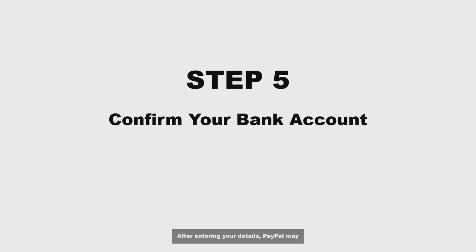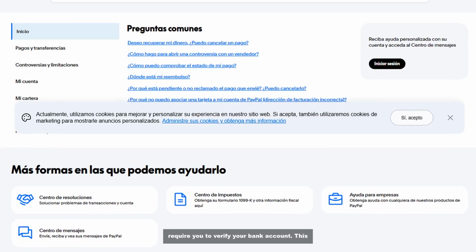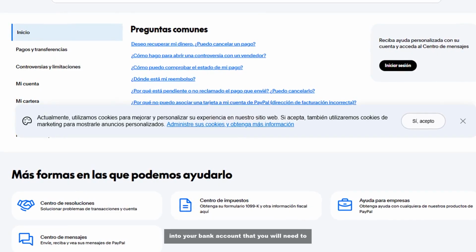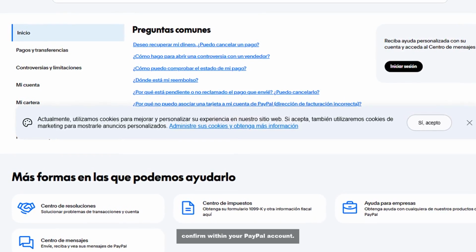Step 5. Confirm your bank account. After entering your details, PayPal may require you to verify your bank account. This could involve PayPal making small deposits into your bank account that you will need to confirm within your PayPal